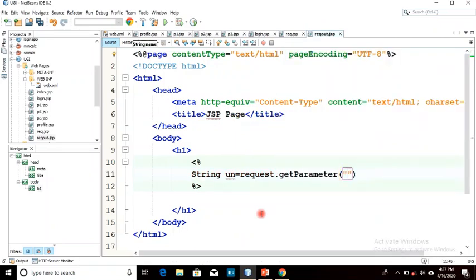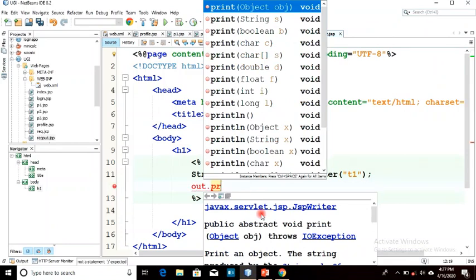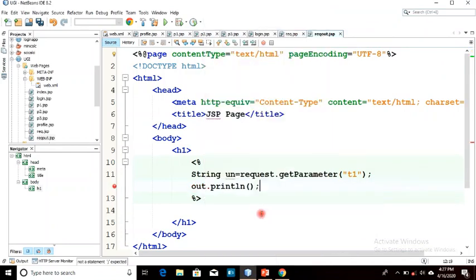And here I am giving the name of the variable, that is the name of the text field, and now I'm going to print it with the help of the out implicit object. So out.println or print, whatever you want. So out.println, and here you can pass as the username is